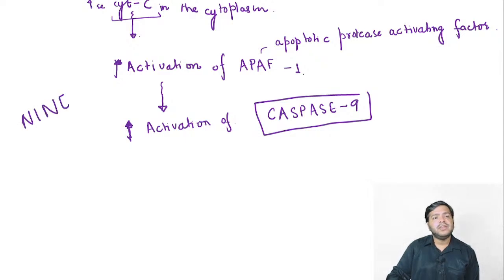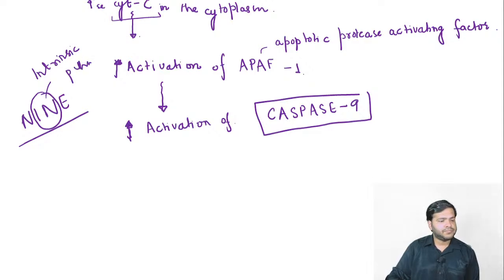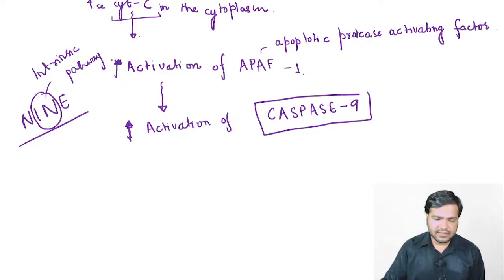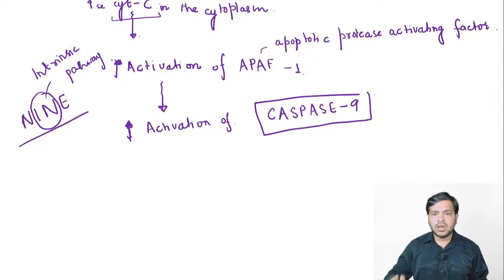You have to write 9 like this, and remember 9 may in RI, that is intrinsic pathway. It is the initiator caspase, and after that it will stimulate